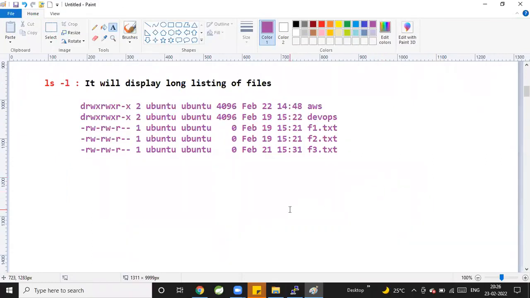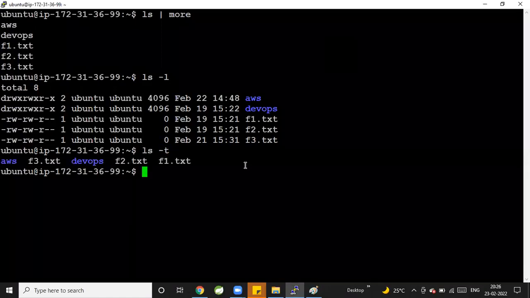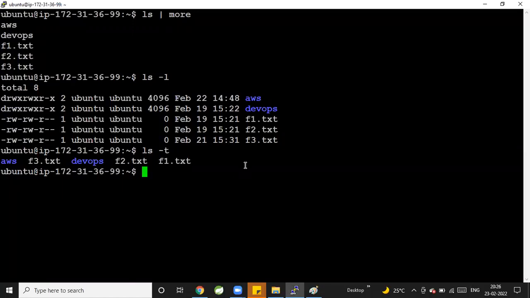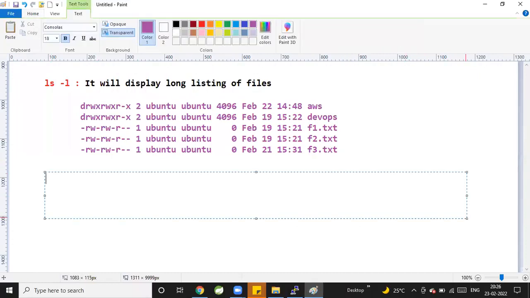Okay. Now next one, I want to print the files based on modified date and time. I want to display the files based on modified date and time. ls -t. Now ls -t. So what is happening here? Based on the modified date and time, it is printing. Okay. The ls -t command will display files